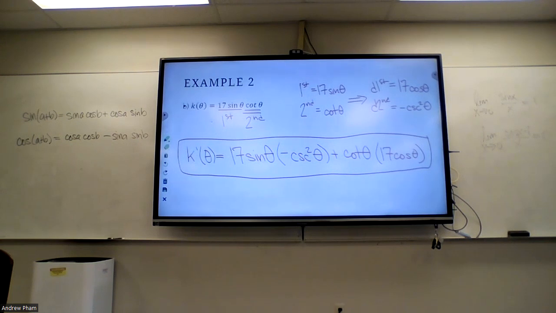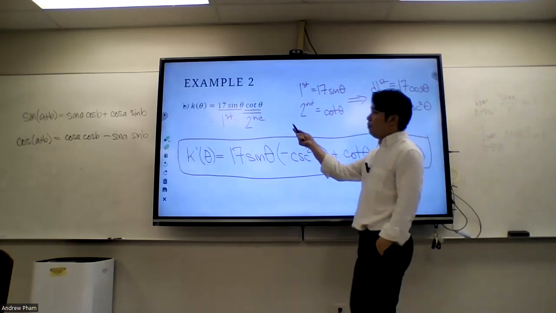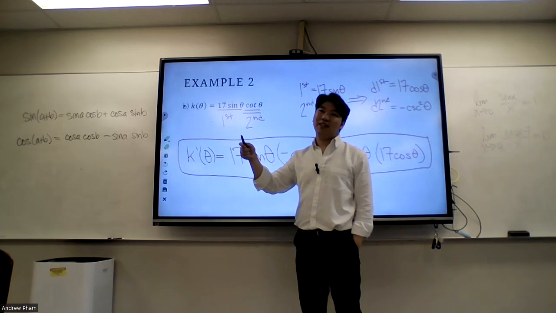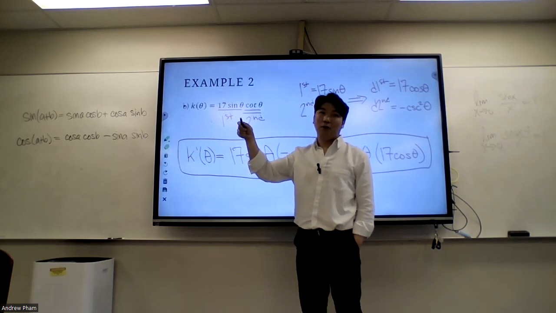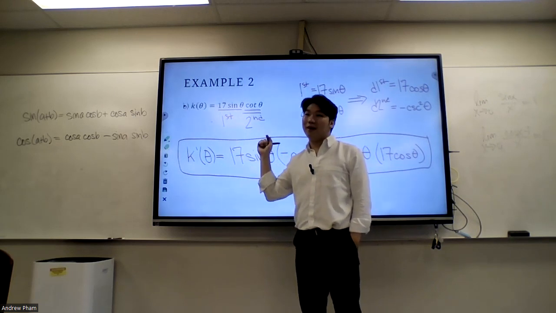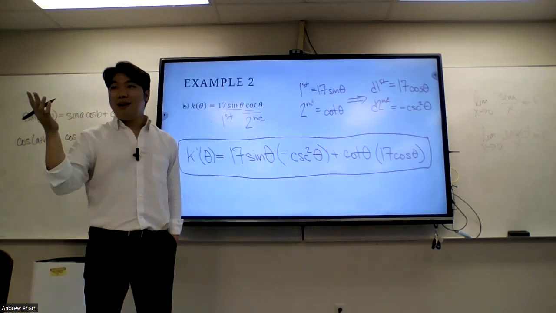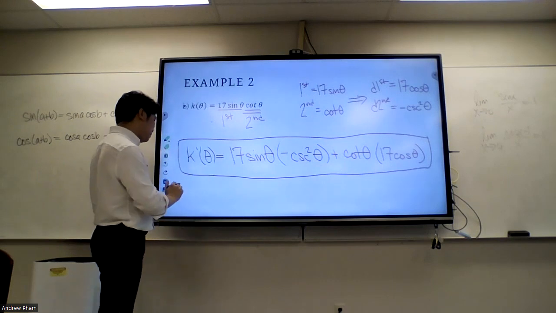Secant times tangent. 17 secant times tangent. Well, the primary reason is that if I look at this, this is still basically a product. And we know that the derivative of a product is not just me taking the derivative of each one and then multiplying it. We have this special order that we have to follow using the product rule. The other reason is that if we did it in a similar way like that,